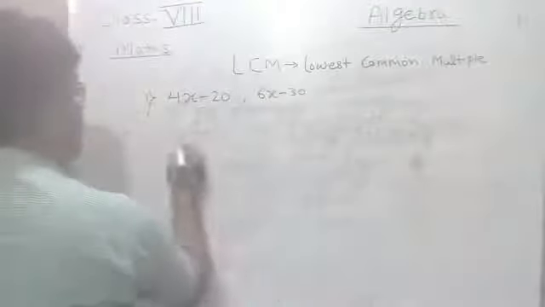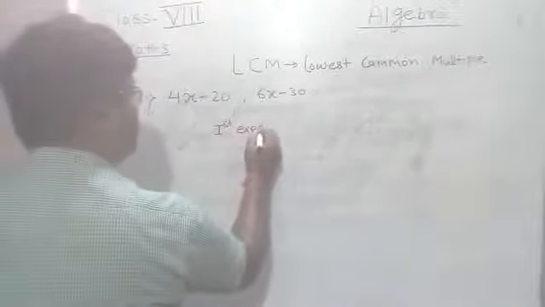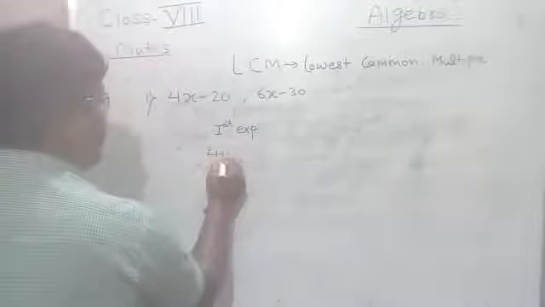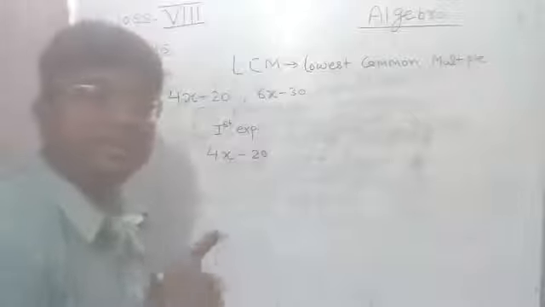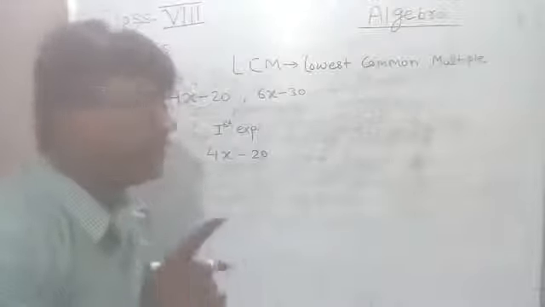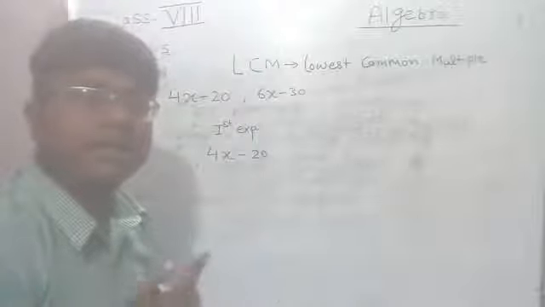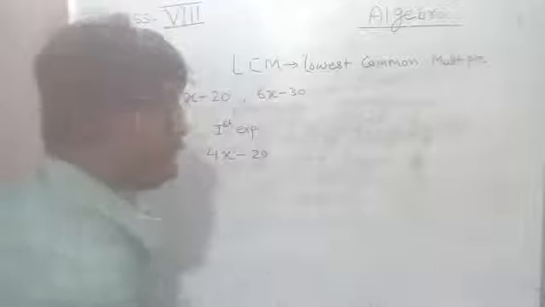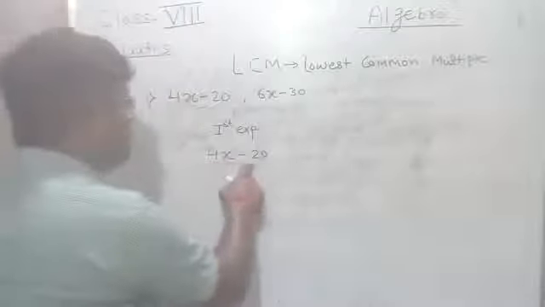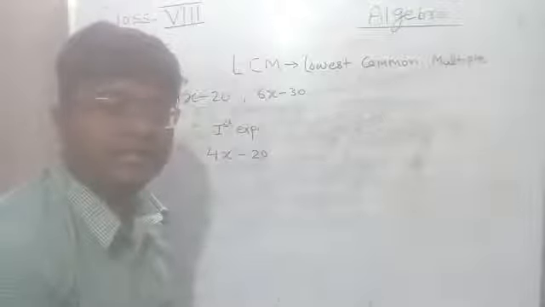So let's take the first expression. First expression is your 4x minus 20. So while finding the SCF or LCM, when an algebraic expression is given to us, our main target is to factorize the given algebraic expression, okay. So we have to factorize it. So from 4 and 20 what can we take common? This type of question we have already done in the SCF topic.